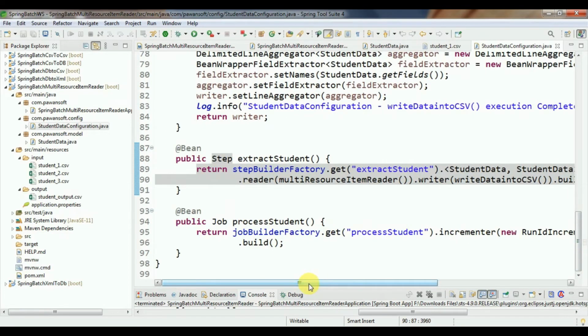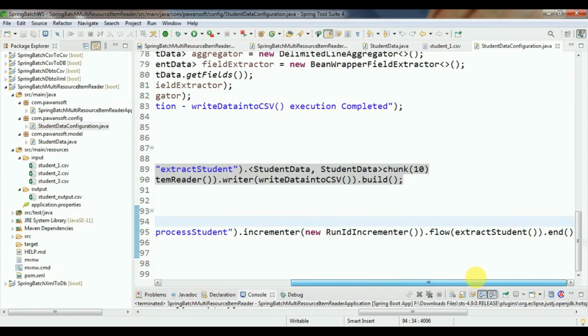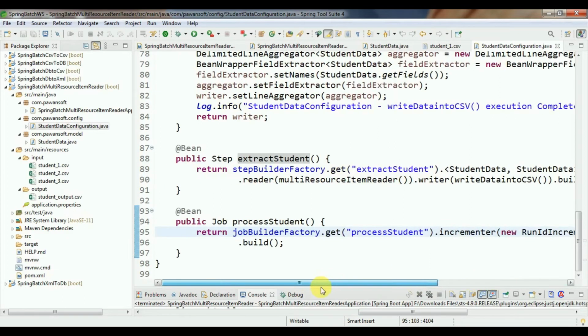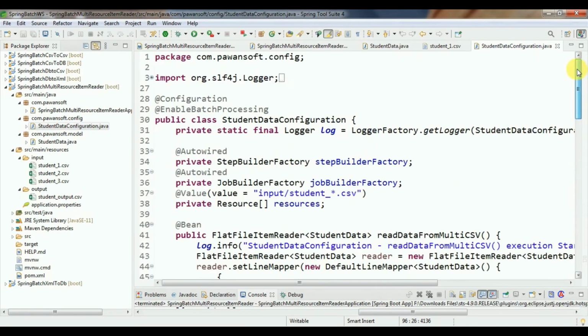And then job, inside job you have to define incrementer and flow. In flow you have to write the step method dot end dot build. So finally the configuration class is completed.